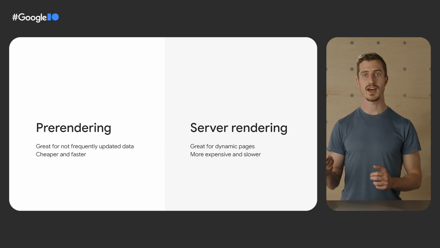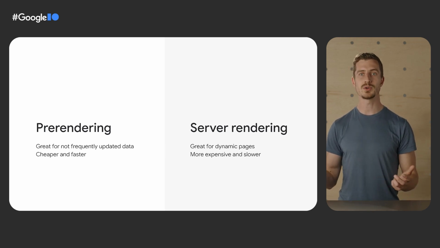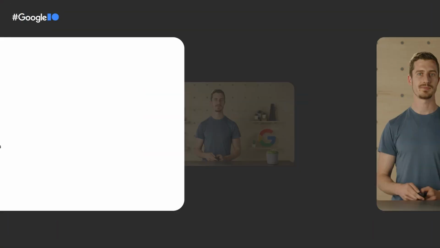For pages that need to show personalized content or depend on a very frequently changing data source, we can use server-side rendering. It's usually more technically complicated and expensive to serve such pages because at request time, we'll have to run the application server, render the app, and deliver the produced HTML to the user.